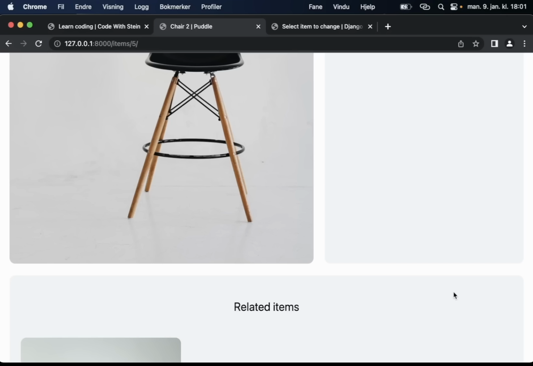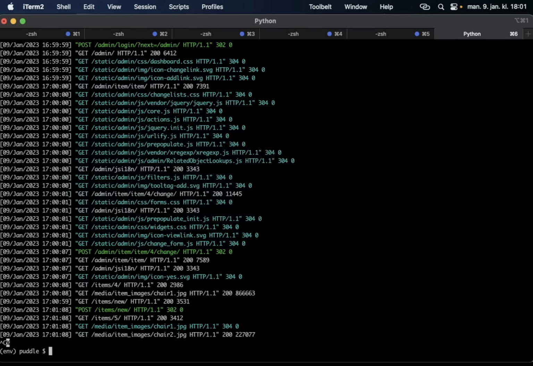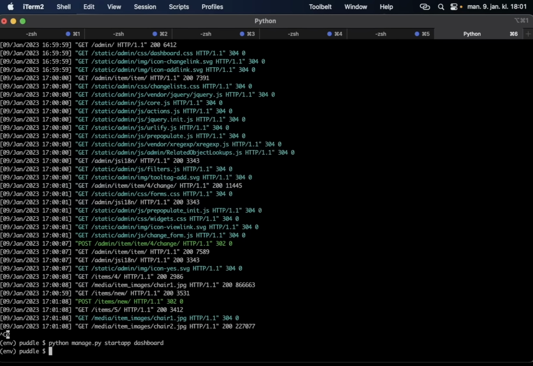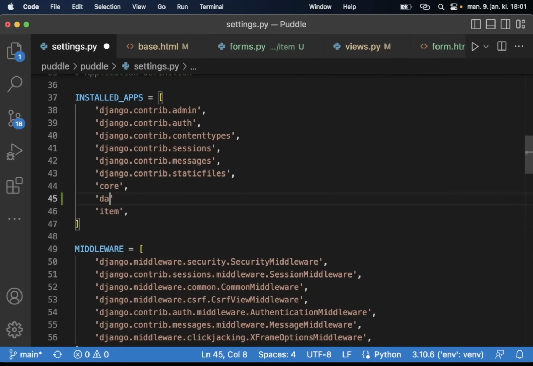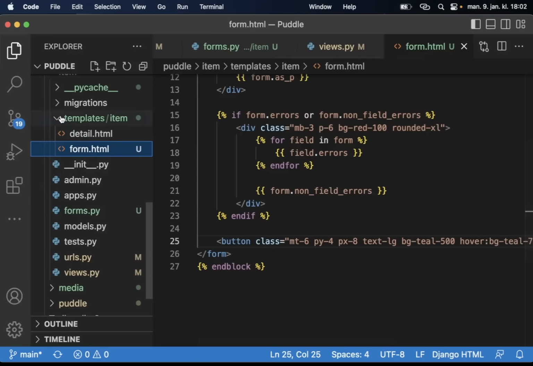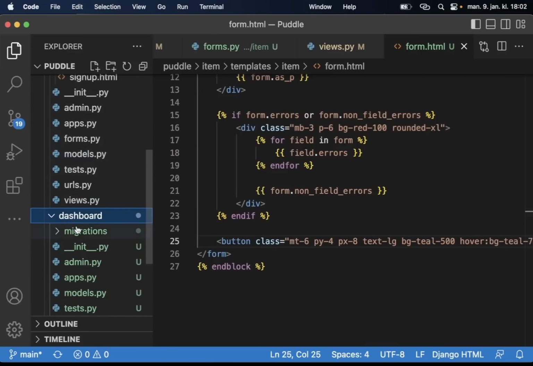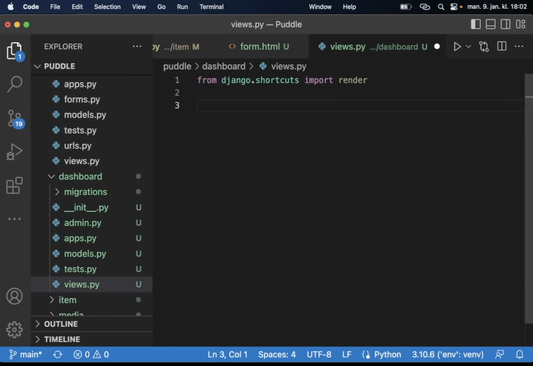Okay, so now I want to start building the dashboard where you can see your items, edit them, delete them, and similar. So let's start by creating a new app. So python manage.py startapp dashboard. Now we can add this to the settings file. Dashboard and save. Here I don't want any database tables, but I want a view. So if I just open up dashboard views.py, then I can begin by importing the Item model. So from item.models import